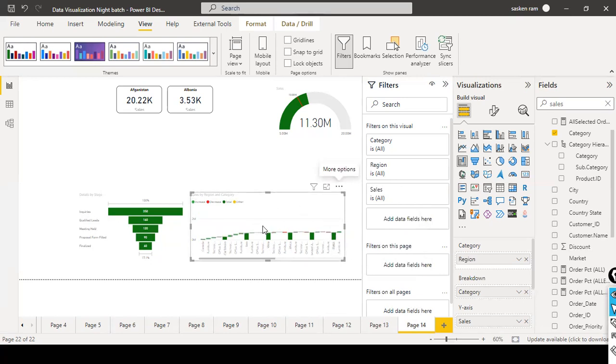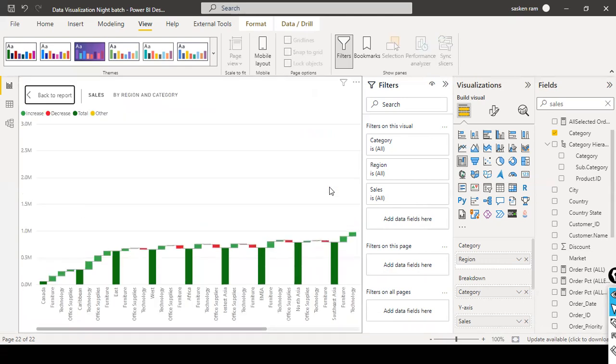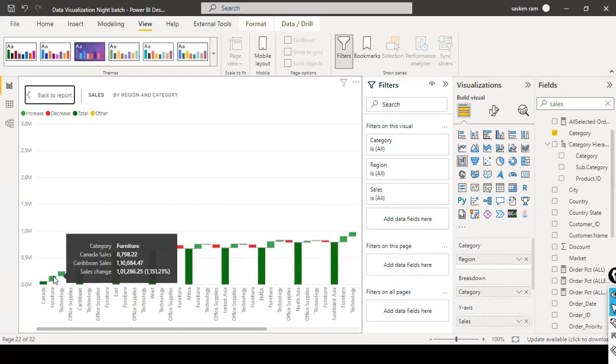Look here, now it shows the correct picture. Everything was showing in red. I just selected the ascending here. So in Canada, we have started with 56,000 in furniture and technology. So Canada and Caribbean. So this is your Caribbean. We started with 56,000 and then it moved up to